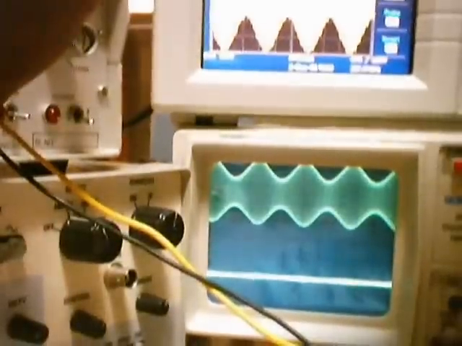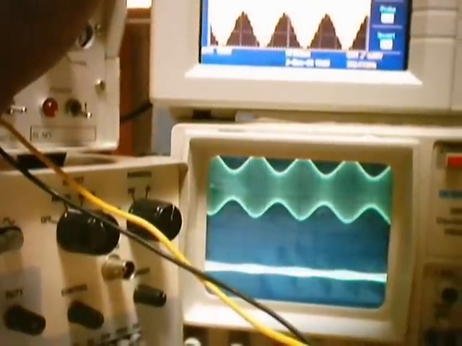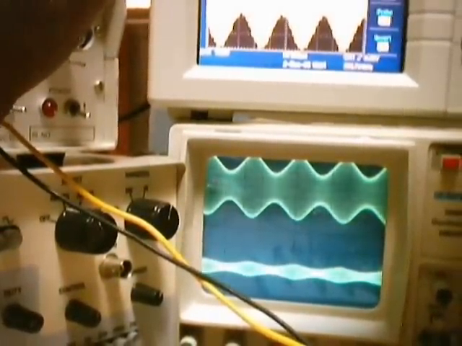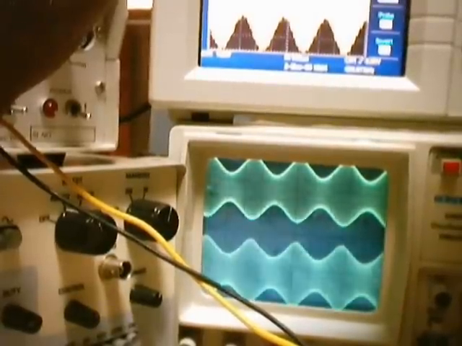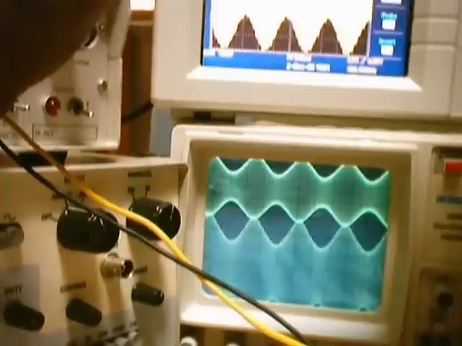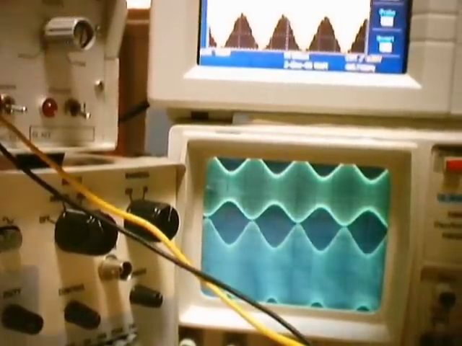So we'll vary the frequency of this input carrier. As you can see, the frequency is increasing, so the output of the IFT is also changing, because we know that the IFT is a tuned circuit, it will give maximum response only at a particular frequency. You can see now, it is giving maximum response only at this particular frequency of 0.37 megahertz.